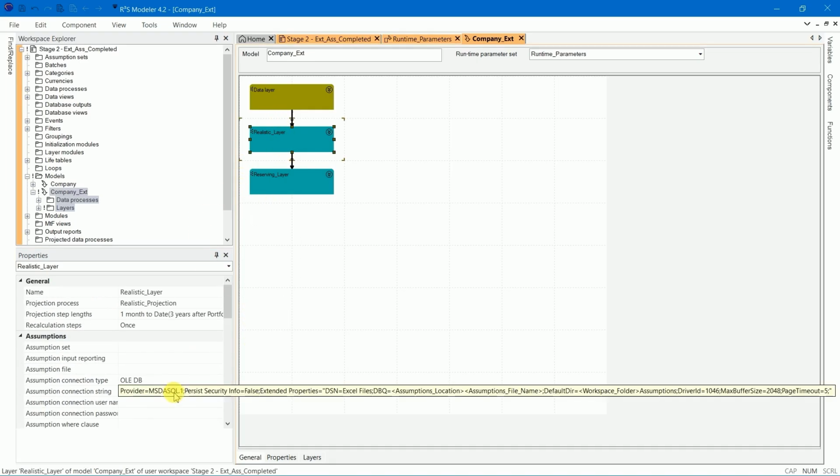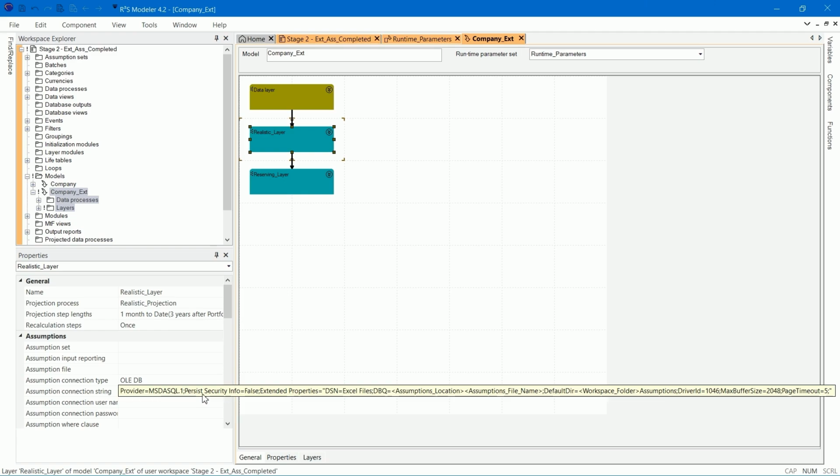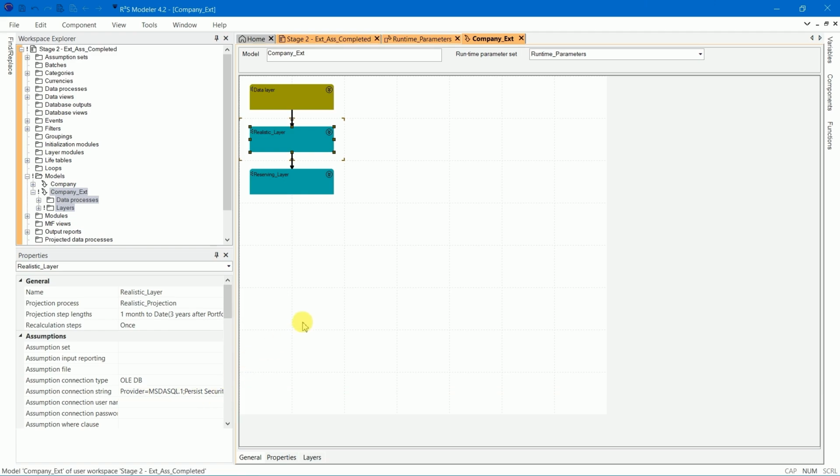Then you should use it as a placeholder variable by enclosing its name within angle brackets. A runtime parameter set variable can also be used in the formula property. To reference it, just set it by name like any other variable. Now we have completed the link between the runtime parameter variables and the model. Save the workspace.